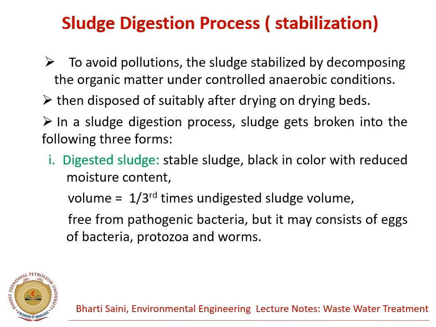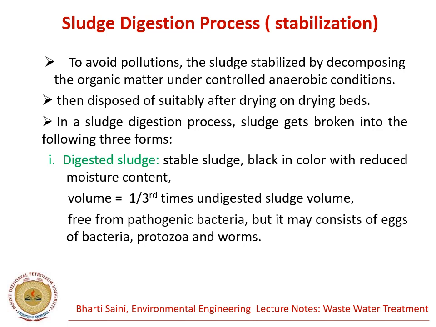The process of stabilization is called the sludge digestion process, and the tank where the process is carried out is called the sludge digestion tank. In this process, we are converting unstable organic matter into a stable form by controlled anaerobic conditions, the anaerobic digestion process.